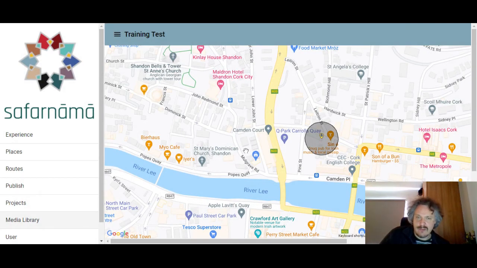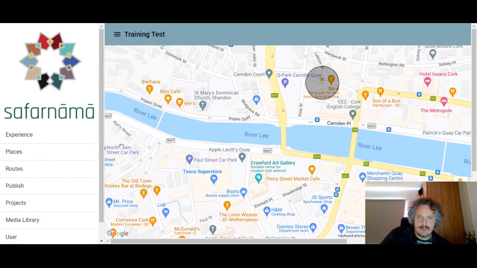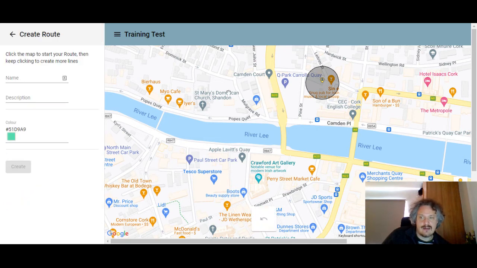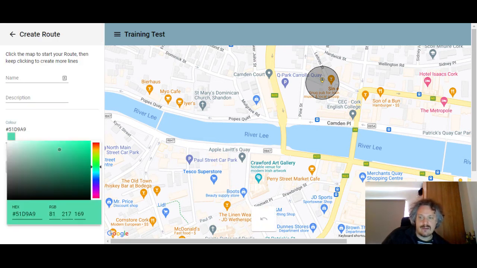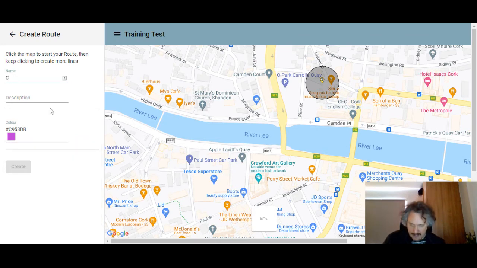The last thing that you might want to know how to do, which is very easy to do, is to create routes. If you want to make a linear route with a start and a finish for a walk, for example, you just go to routes and you click create. You might pick what color you want. Let's make it some kind of purple. Let's call it, just like a location, a place. It needs a name and it needs